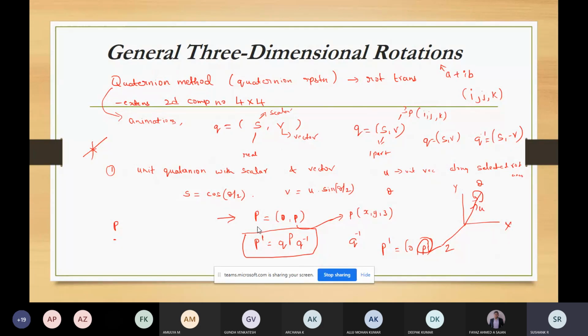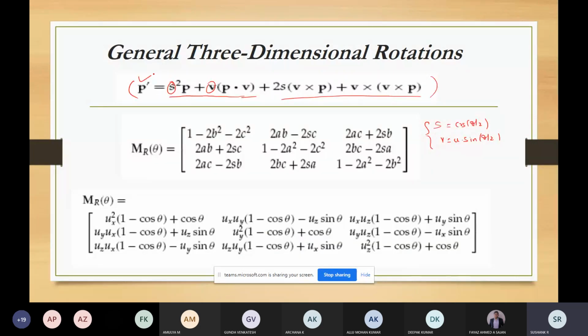Similarly, we can evaluate this P dash. We can evaluate this P dash using the quaternion multiplication with the vector components of V given by a, b, c, and we will get this composite matrix. If we perform the quaternion multiplication along with the vector part, we will get this transformation matrix,